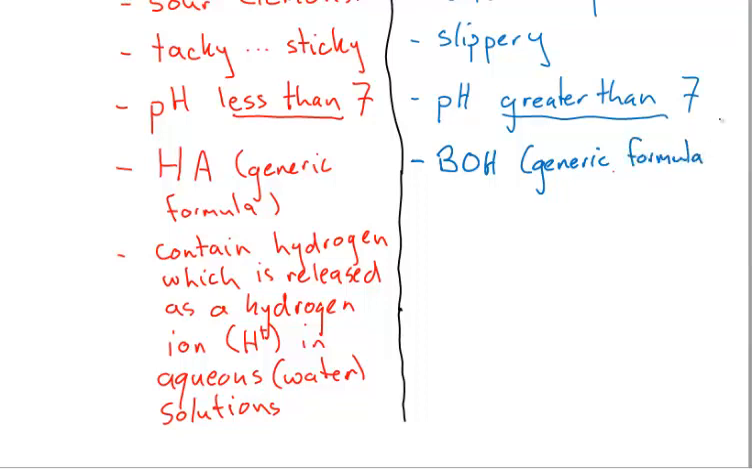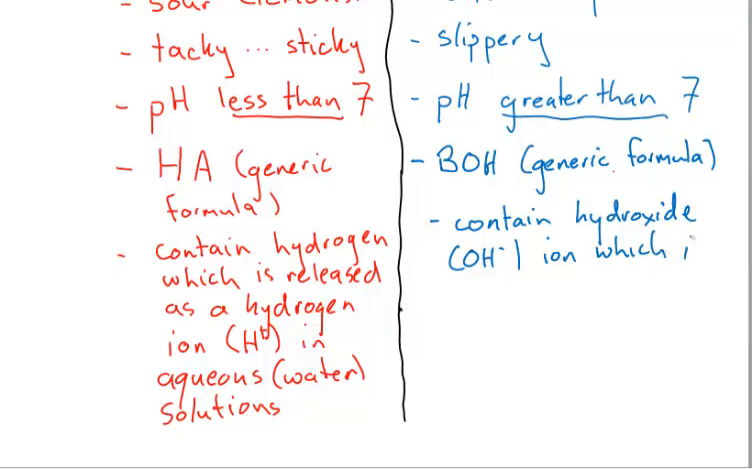so bases will typically start with some sort of metal attached to a hydroxide, and they contain hydroxide ion, OH negative ion, which is released in aqueous solutions. Now, for those of you who have Chem 11 and 12, you might take exception with this definition of